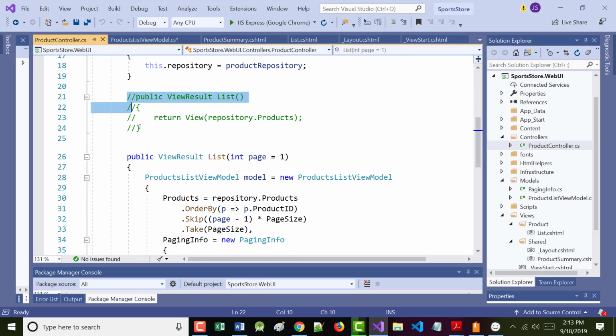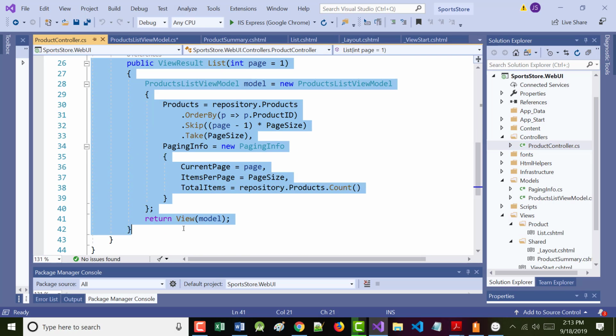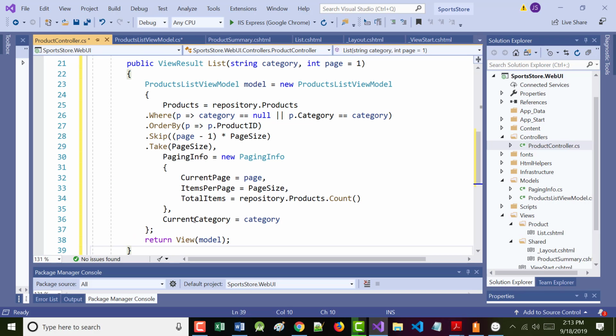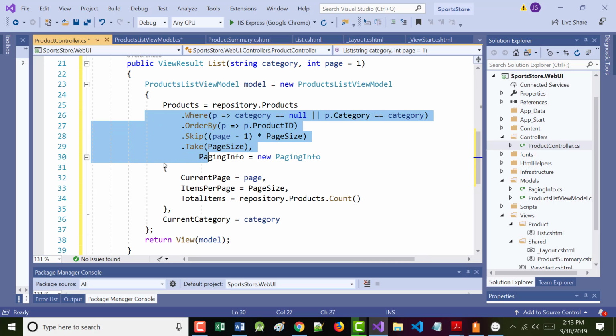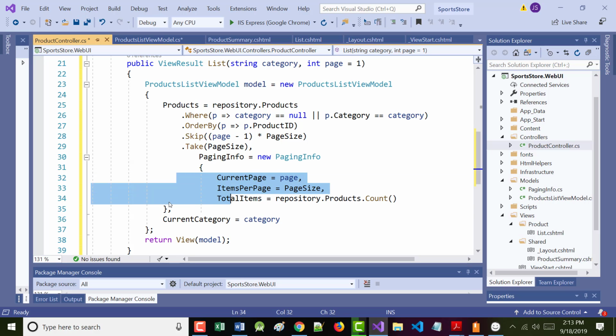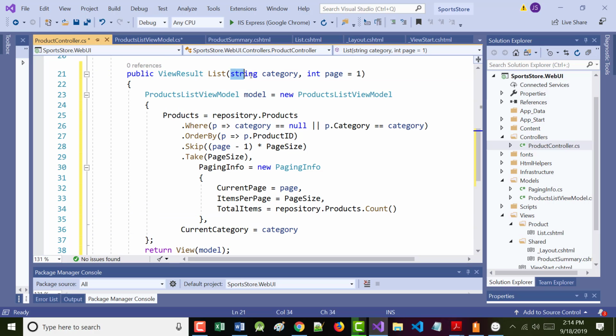All right. Get rid of that old one that was in there, and I'm going to replace it with this. So again, what has changed more than anything else in here, this is just me, I'm anal about this stuff, sorry. What has changed is we added a category, and we have to account for that category inside of our query.